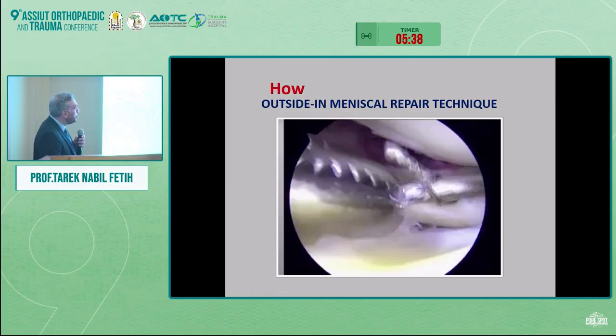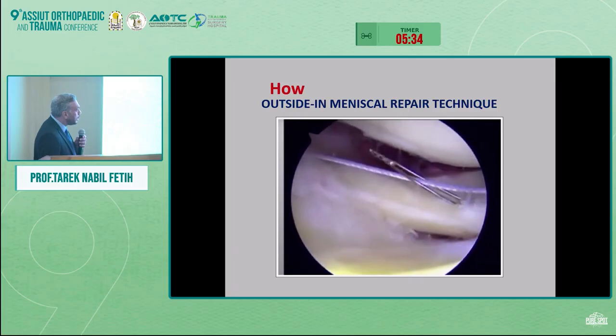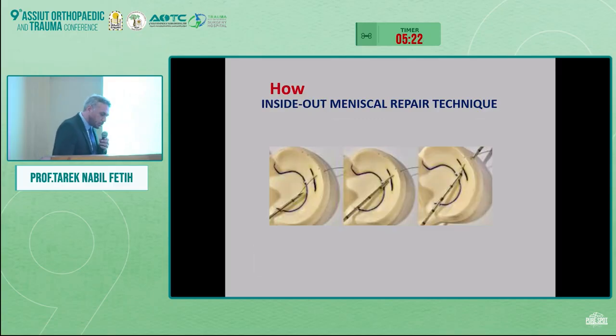retrieving the single loop, leaving tissue across the meniscus, suture material across the meniscal tissue, or very simply using two needles, passing a single limb and a loop limb, then retrieving the single limb through the loop, creating the vertical or horizontal sutures. All inside out meniscal repair, passing the sutures from inside to outside the knee, then tying the